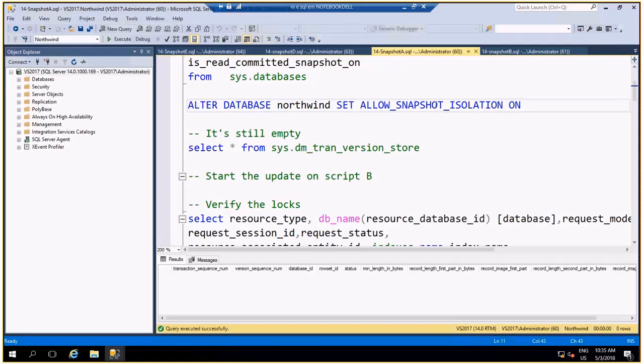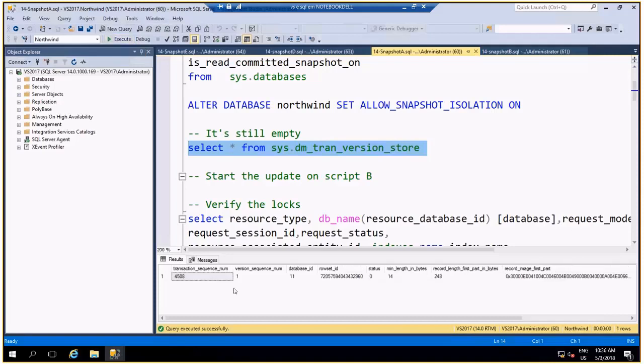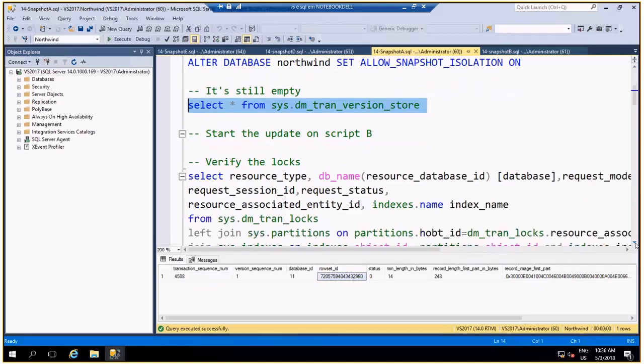Only due to the fact that it's enabled, all the activity on the database changes. That update created a version for the record on the version store. We already have a version for the record on the version store.